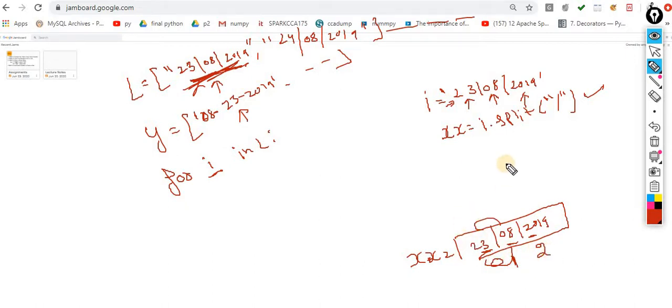Now what should I do? Let's suppose I took a new list, and the value of this one is 0 0. Now observe carefully: this is the 0th index, 1 index and 2 index.